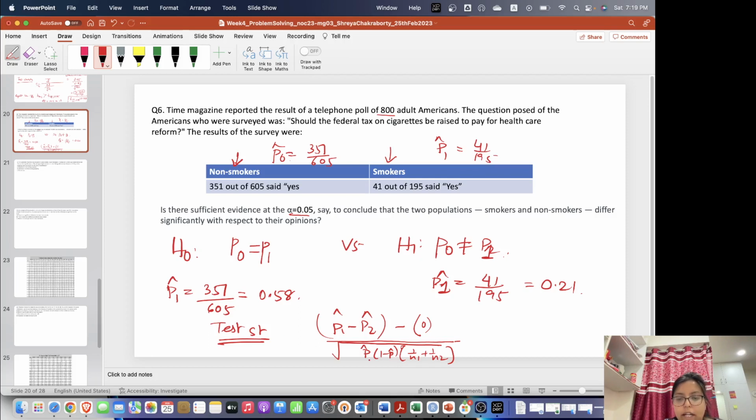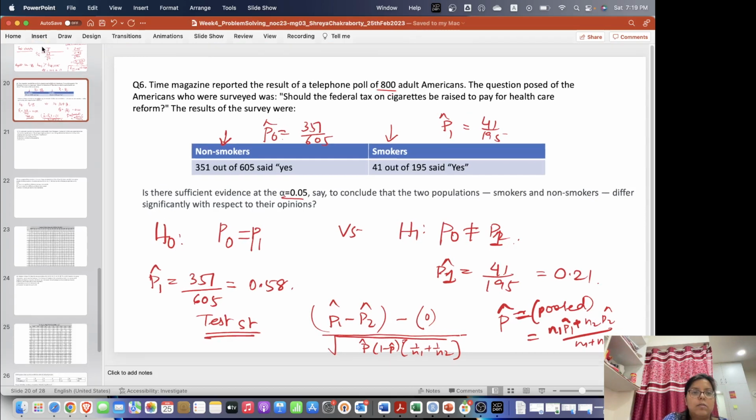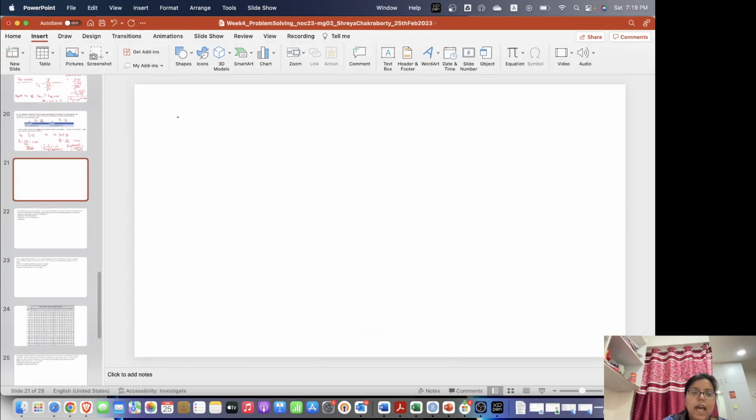So now we have to find out p hat, the pooled estimate. The pooled estimate p hat is the total number of people who have responded yes, given as n1 p1 hat plus n2 p2 hat, divided by n1 plus n2. So then we have p hat as